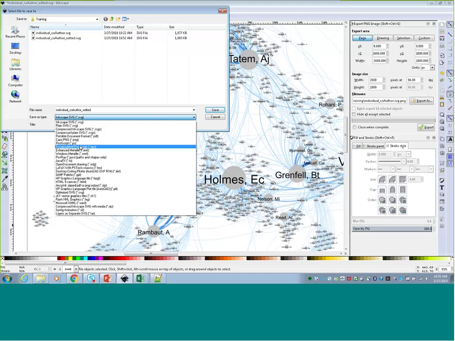You will notice, though, that you cannot save it to a JPEG or a TIFF directly from Inkscape. That is one of the limitations of this particular software tool. So if you're working with a journal that prefers TIFF images, you have to export it to a PDF version first and then export from PDF to TIFF after that. So there's a bit of a workaround to actually get it into those file formats. That's why we tend to prefer working with EPS file formats rather than TIFF. But if you have to go that route, you can again just save it to a PDF and then save to a TIFF to get into that very high resolution bitmap image.